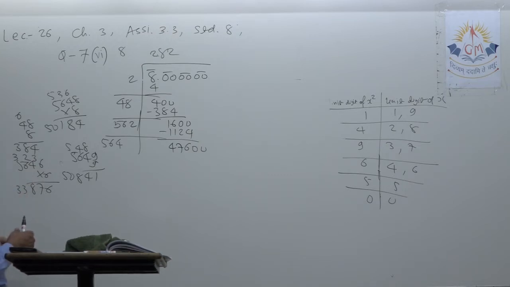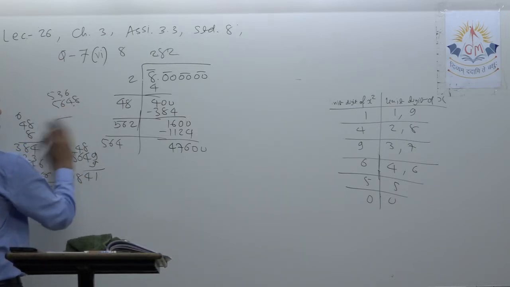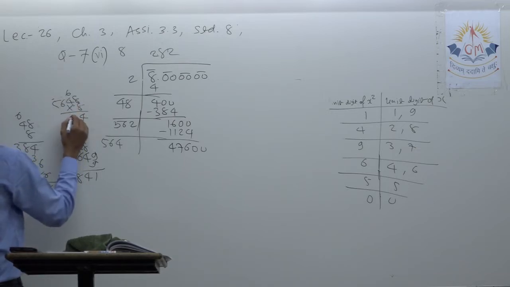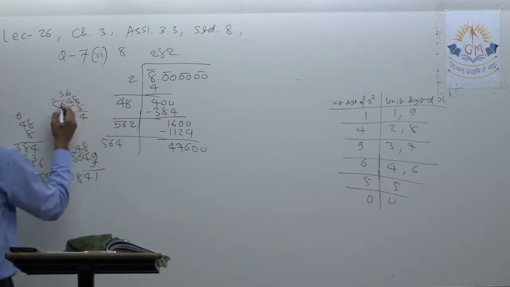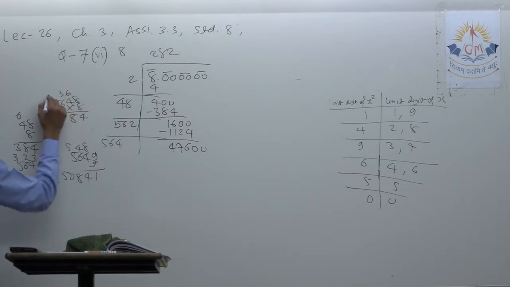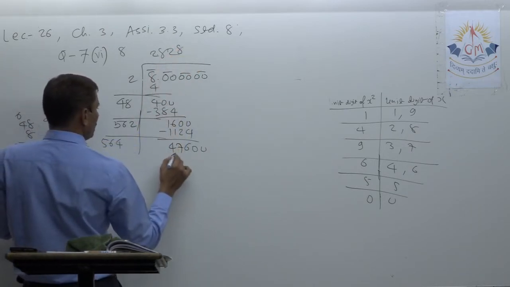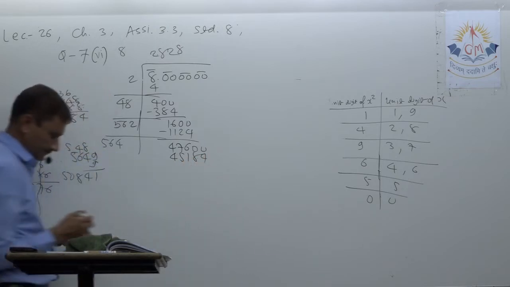So it is 33,000, like that. Okay, I think here it is, we come find it again. 564 8 into 8, 8 8s are 64, 6 8s are 48... 8 4s are 32, 32 plus 6 is 38, 8 6s are 48, 48 plus 3 is 51, 8 5s are 40, 40 plus 4 is 45. Okay, so it is 8, not 50. So 8 4 5 1 8 4.